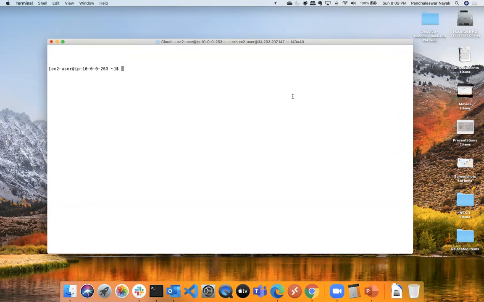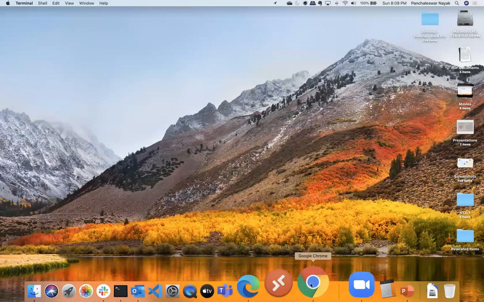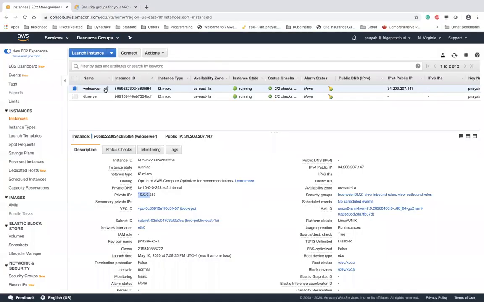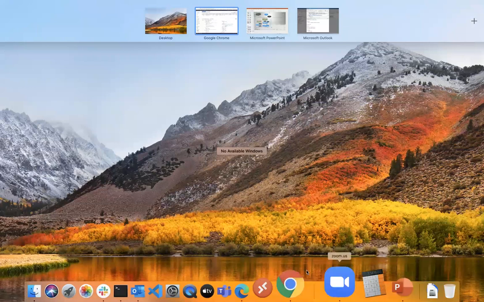But ideally, I should have named it Bastion host. In fact, I can name it here. Instead of web server, let me call it a Bastion. Okay. So for this Bastion host, I want to log in. Now what a Bastion host is,